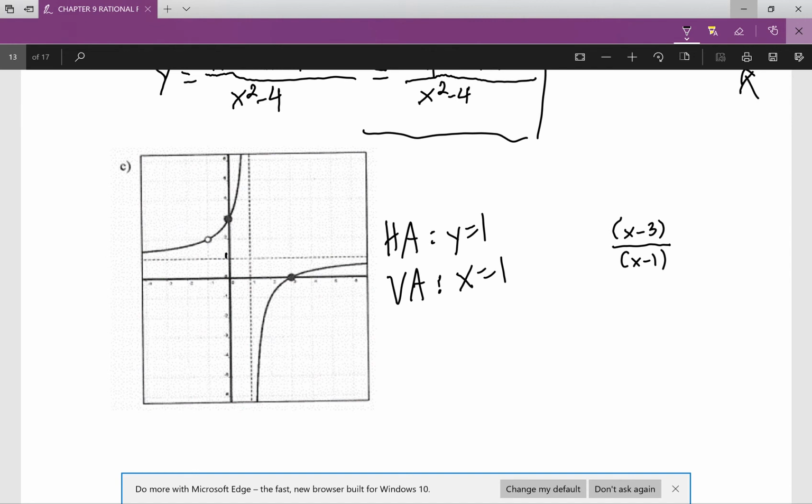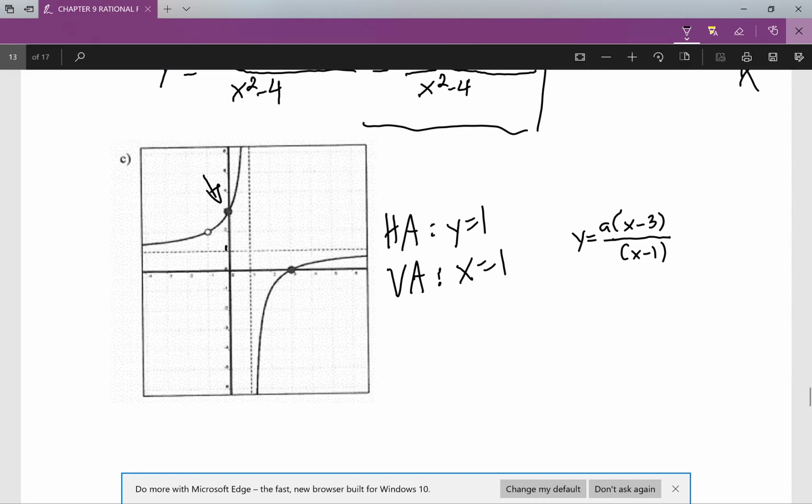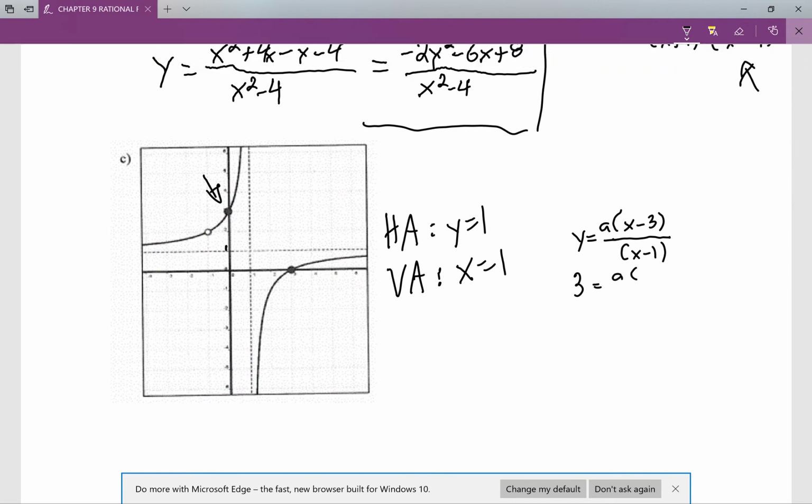Now, interestingly in this one, we're given a point right here. And since we're being given that point, I need to check to see if I have to add an a value in to make sure that that point works on my graph. So we're going to go y equals this, and then I'm going to put an a value right here to see how this works. I go 3 equals a, and the point that I've been given is 0, 3, so 0 minus 3 all over 0 minus 1, which will give me 3 equals 3a, or a equals